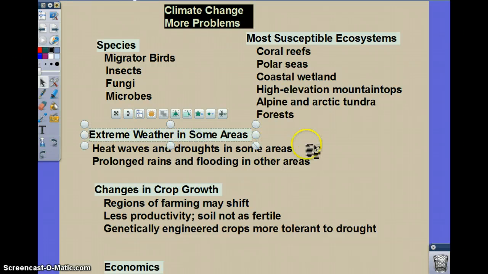You're going to have extreme weather conditions as a result of climate change: heat waves, droughts, flooding, excessive rainfall, all in extreme conditions. Crops are going to be highly affected. This is going to be a full shift in the ability to grow crops, and that's going to lead to an increase in prices for food, as we're experiencing now. Less productivity of soil means less crops, so the economy is going to be severely affected as a result of dealing with all these issues.